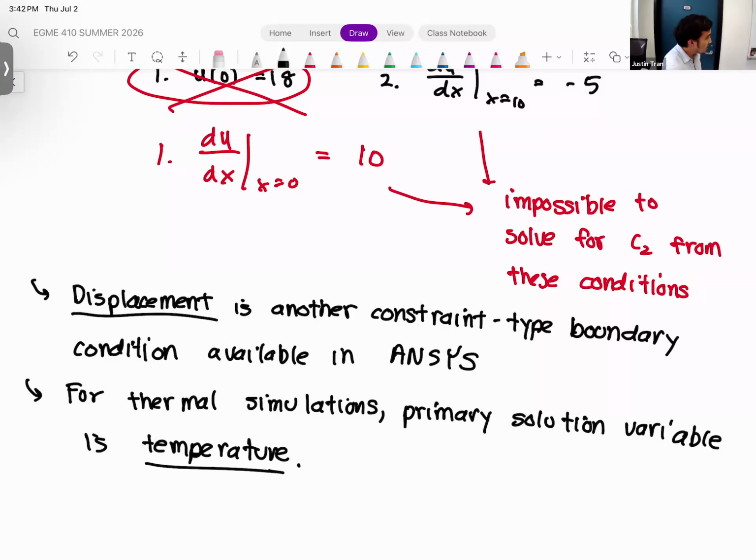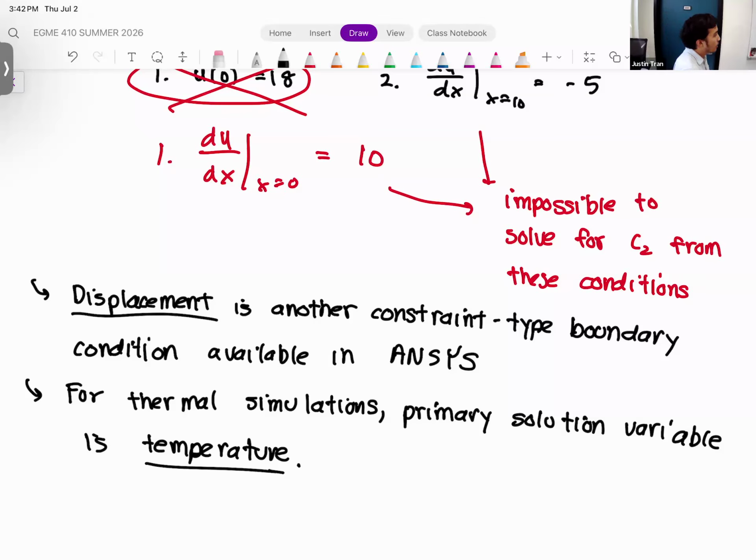Okay. So any boundary condition that specifies the temperature, there's literally a temperature boundary condition that you can apply for a thermal simulation. I would consider that to be constraint type. All right. And then, I mentioned that just because I know some people like to do thermal simulations for their